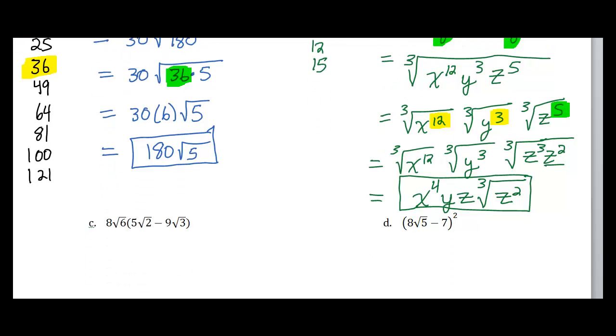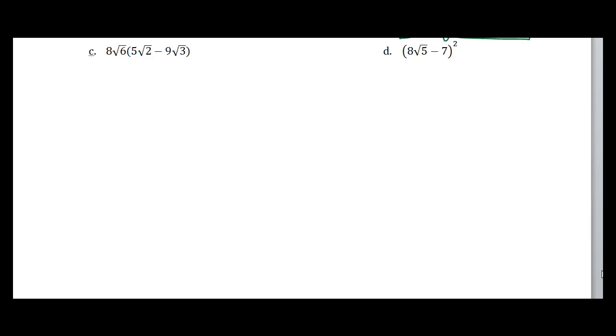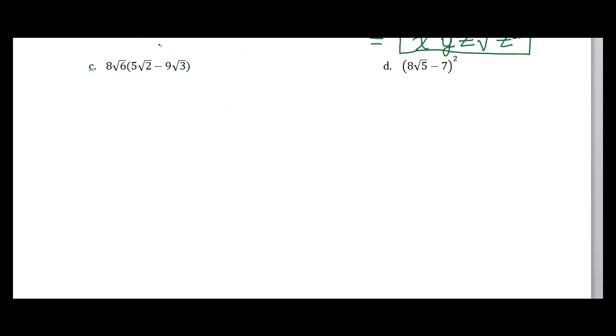Not only can we multiply kind of like we multiply monomials, but we can multiply kind of like we have a binomial where we use the distributive property. So in this example C here, I have 8 square roots of 6 times the quantity 5 square root of 2 minus 9 square root of 3. I'm going to have to use my distributive property. Distribute here and distribute here. I'm going to write this out because we're going to actually have to do some stuff to simplify. When I distribute it to the first term, I get that. When I distribute it to the second term,